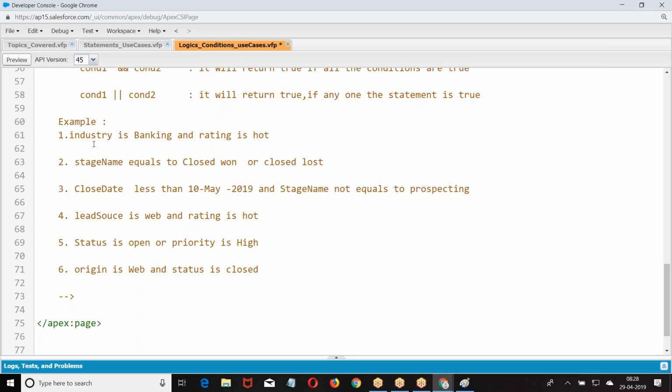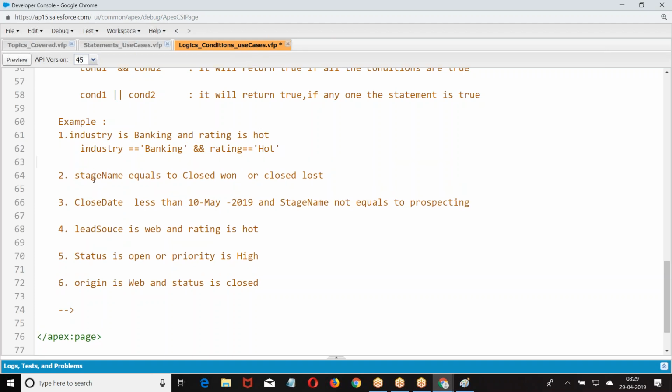So this is how I give it. Industry equal to banking and rating equal to hot. I want the value of industry to be banking and rating to be hot. Then stage name equals to closed one or closed last.